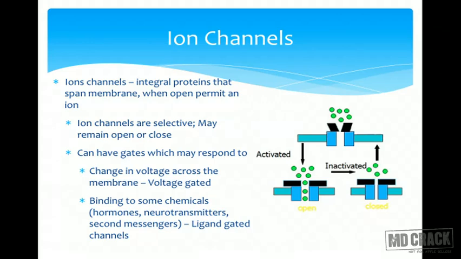They will be specific depending upon the size of the channel. It will be specific depending upon the lining, the charge which is lining the channel. So these are called ion channels. As you can see, these are integral proteins. They will pass through the membrane. As you can see in this figure, suppose this is the cell membrane. So these are the integral proteins, and this is an ion channel.